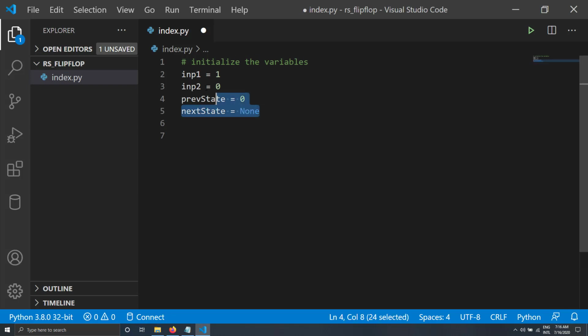Okay, I've set up my 4 variables, 3 input variables and 1 output variable, which we are going to compute using our logic.